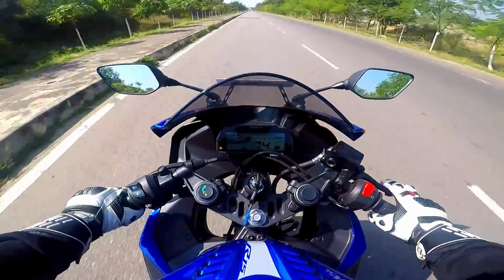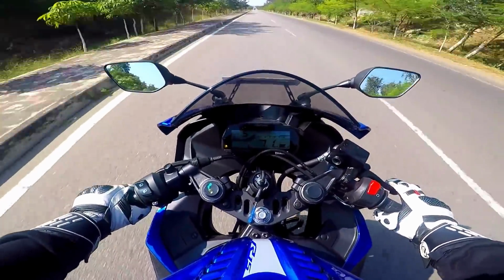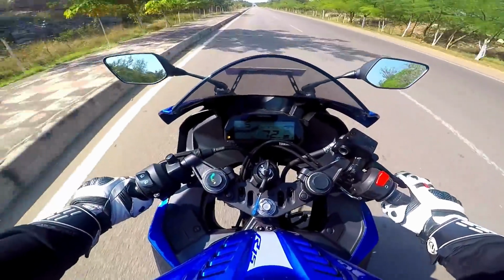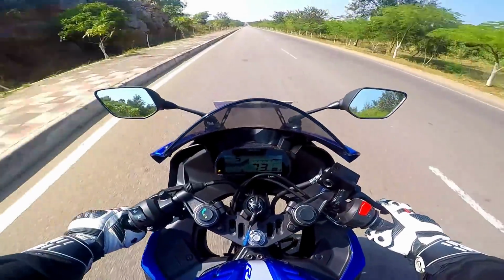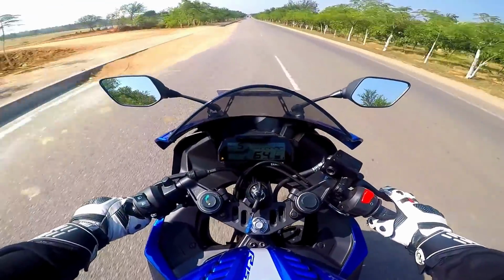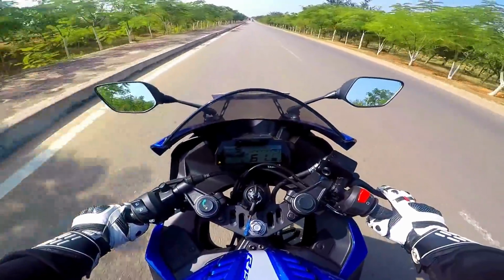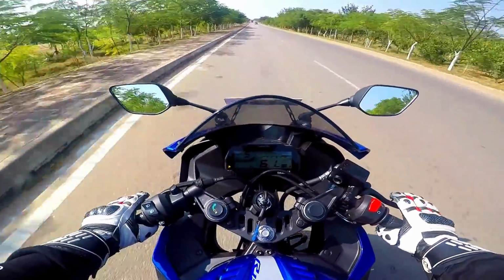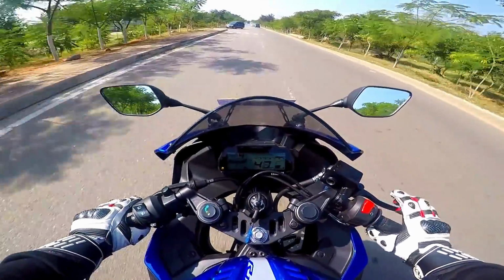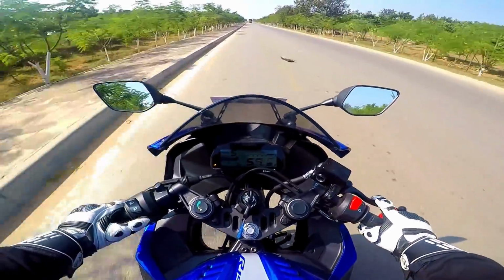Man, these are a completely different breed. Don't just go by the numbers. It literally puts a smile on your face each time you take it out for a ride. And the speedo console is beautifully laid out. The clip-on handlebars, yes, they are low set to give you that proper super sport feel and the track bike kind of an experience, but it's something that you can live with for day-to-day usage. It's something that's more versatile,